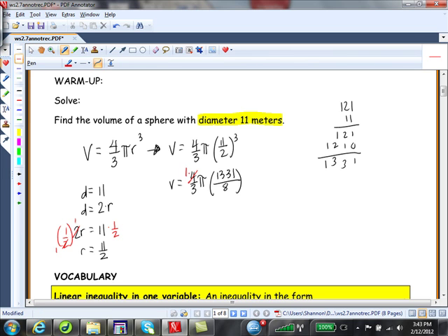And 4 divides out part of that 8. And 3 does not divide 1,331, so the volume would be 1,331 pi over 6, and that would be meters cubed. Okay, how'd you guys do on that one? Good. Alrighty, so now next part,